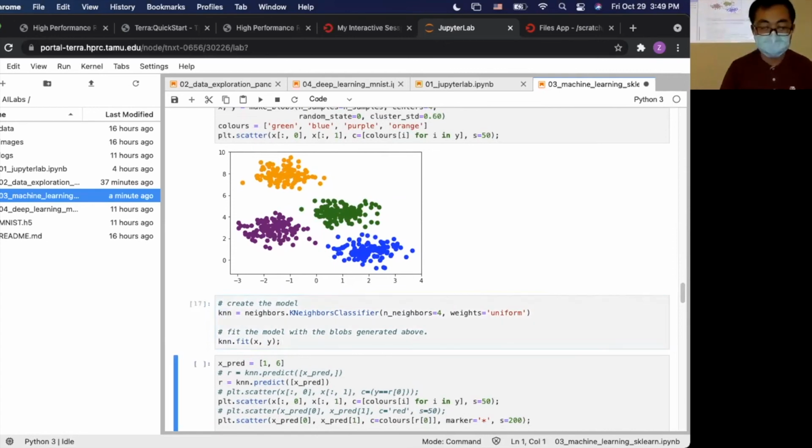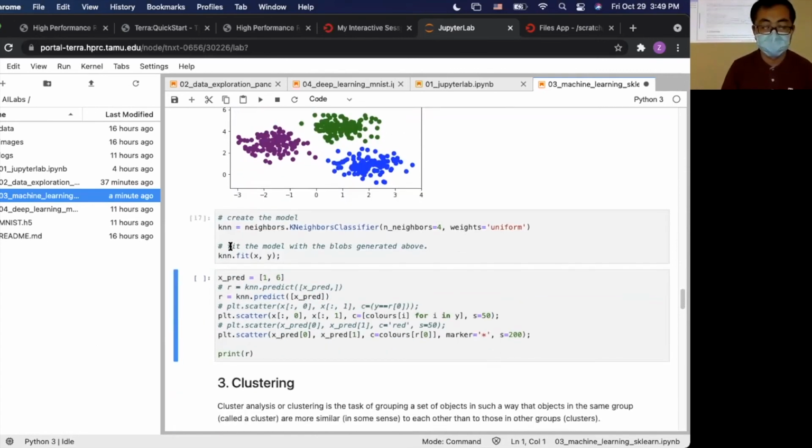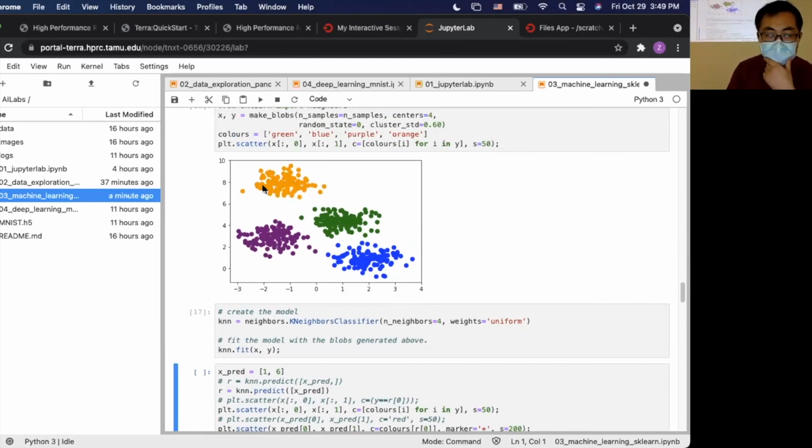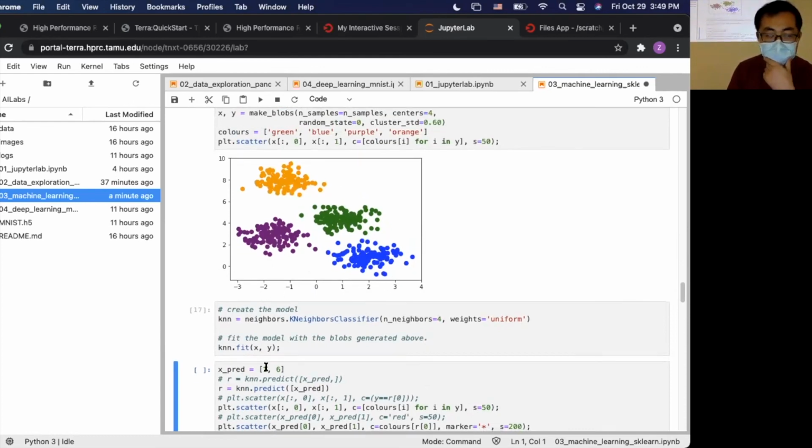So let's run this cell, and then this model now has some data. It learned from this data, and it can make predictions. So here, you can see we have 4 clusters, and I wanted to predict x equals 1, y equals 6.